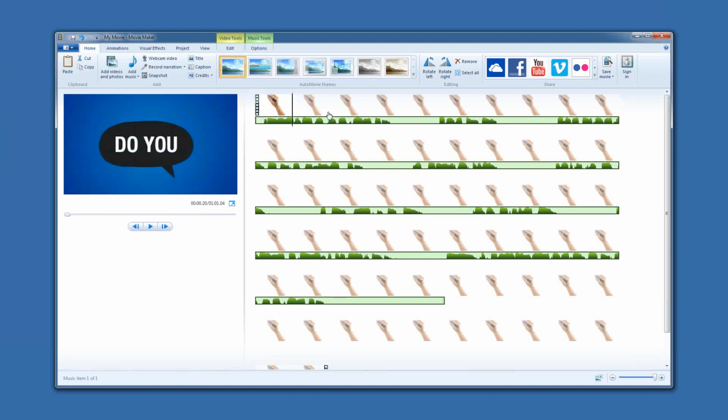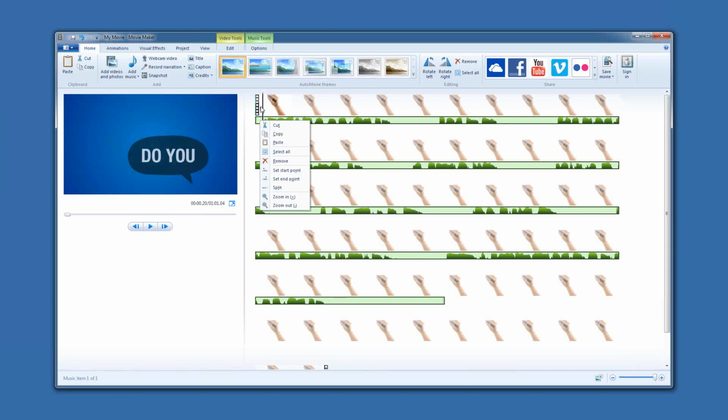If I take my black bar here and click it and drag it to a point where I want to split something, and then right-click, you have to make sure you're actually right-clicking on this audio tab. Otherwise, you'll end up splitting your video. So if you right-click here and then go down to split,